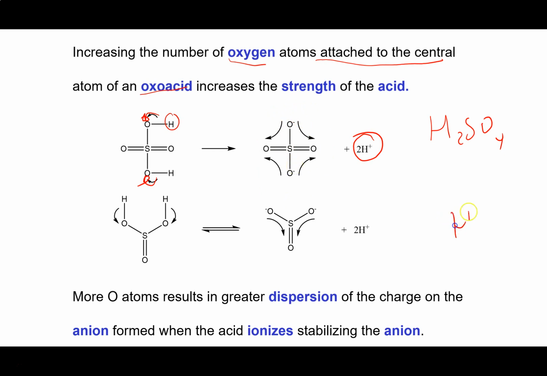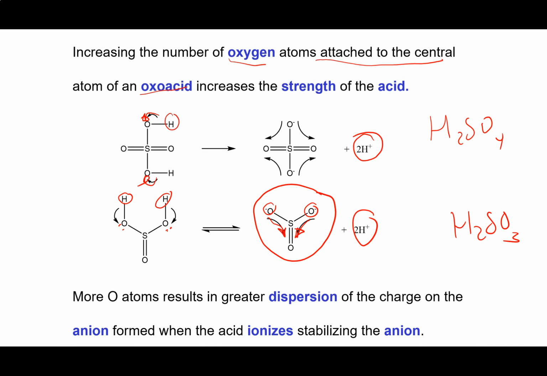If we look at something like H2SO3, which is a weak acid, because it just has 1 more oxygen than hydrogen, then what we see is when these hydrogens are transferred, we form 2H+, and the electrons that are associated with this oxygen-hydrogen bond end up becoming 100% associated with the oxygen. And you can see that now we have a double negative charge again, but there are fewer resonance structures that we can draw. There are fewer ways of dispersing that charge over the anion that is formed,